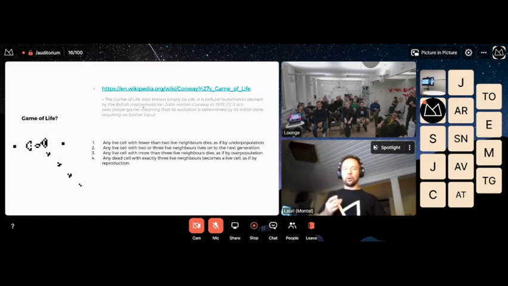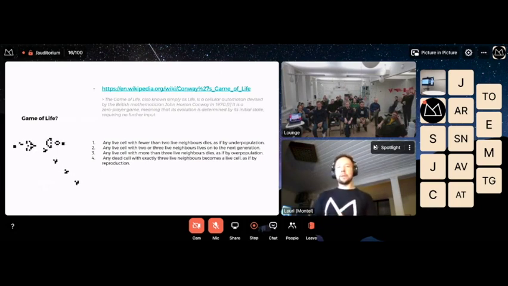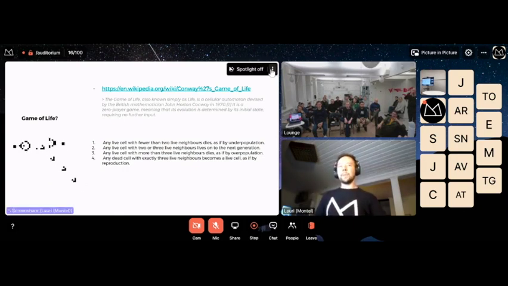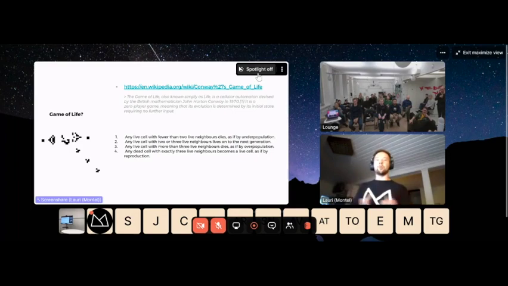Just to ensure that we're all on the same line, I'm sure many of you know what Game of Life is. It's actually not a game, so it lies directly in the first word. It's more of a simulation, a cellular automaton created by John Conway back in 1970. The simulation takes place on a two-dimensional grid where each cell of the grid is either alive or dead based on the count of alive neighbors it has. And it's interesting because these very simple rules